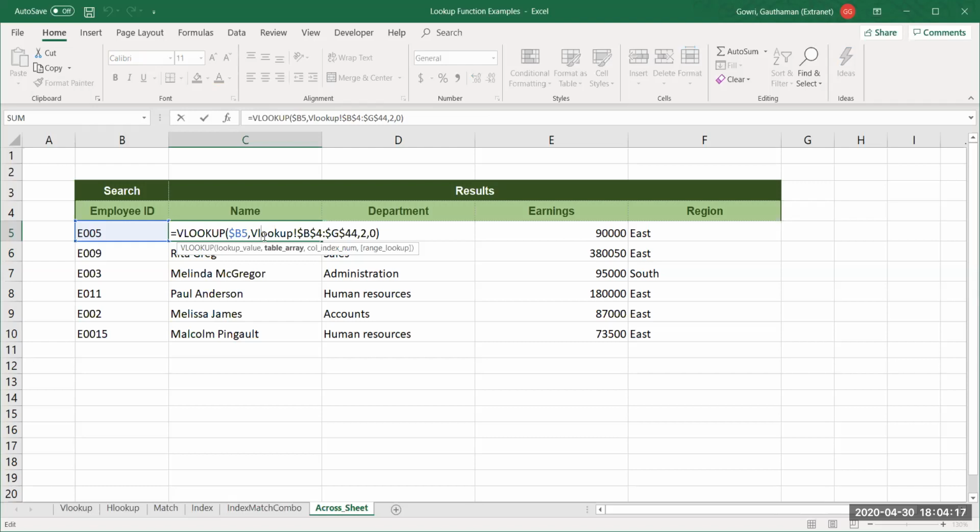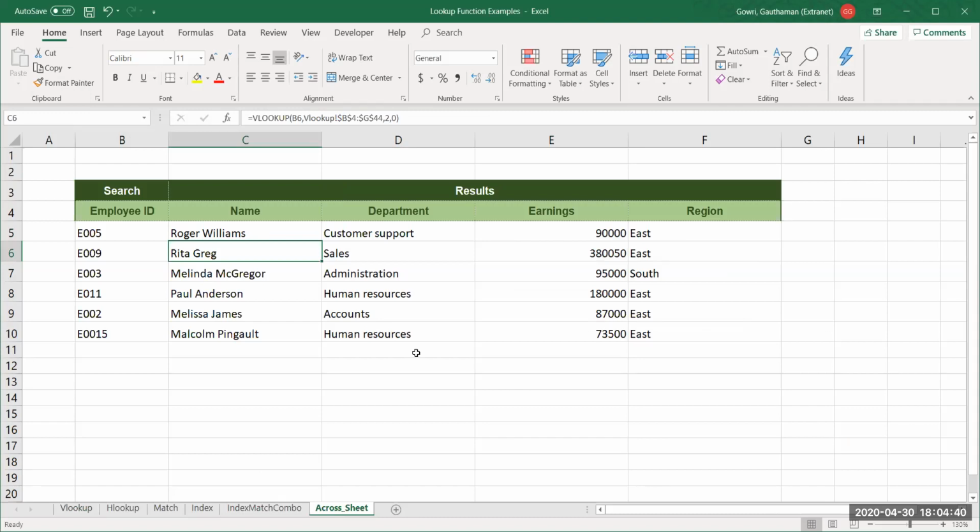I have that hope. In a similar manner, you can also look up values from a different workbook as well, just like we did across the sheet. From this sheet, I took the values over here using VLOOKUP formula or any other formula for that matter. It still works in the same manner.